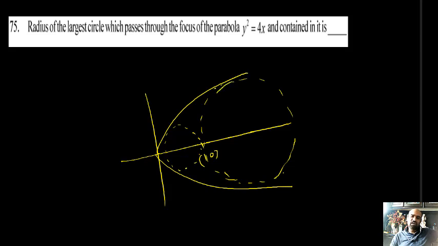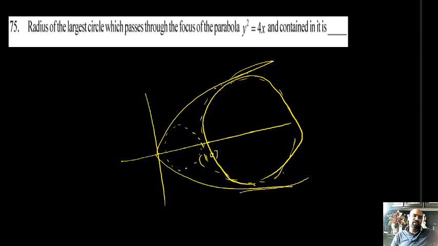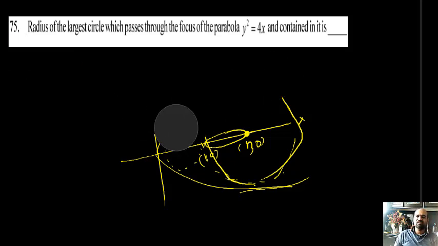circle with a larger diameter. I can say that the second one is the required circle, which passes through 1 comma 0 and contains the parabola. This second circle is the one whose radius we want to find. Students, listen. This is the center of the required circle, let it be h comma 0, because it is on the x-axis. The distance from the center to the focus becomes the radius of the circle. Using this information, I will complete the problem.